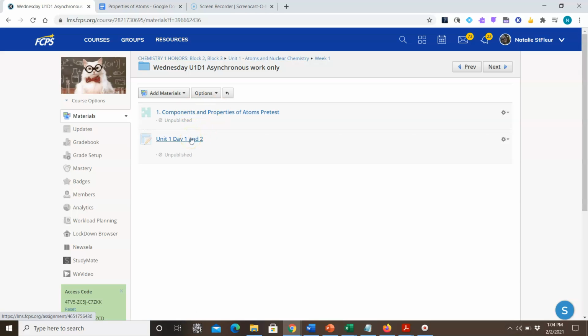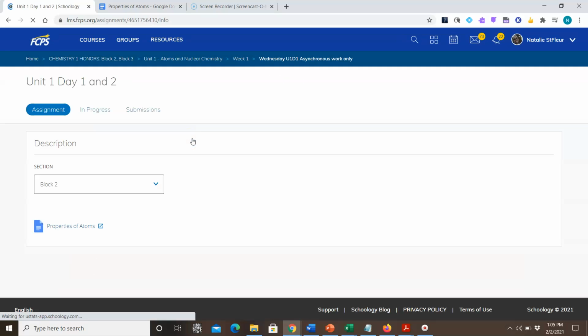The second thing that you're going to do is open the Unit 1, Day 1 and 2 document. This document we're going to work on Wednesday and on Thursday, so you don't have to worry about submitting it at the end of Wednesday, but you do need to make sure you complete parts 1 and 2. So when you open the document,